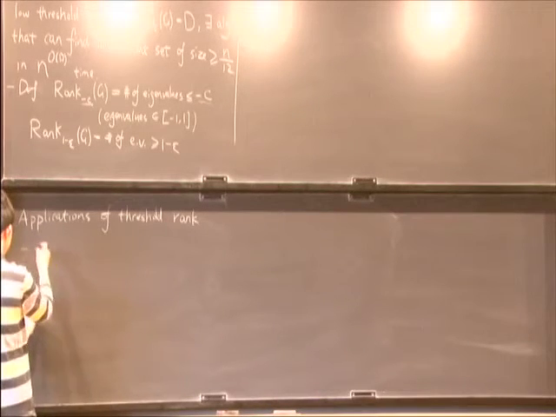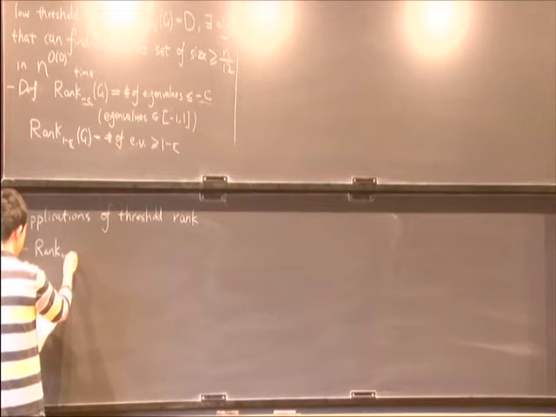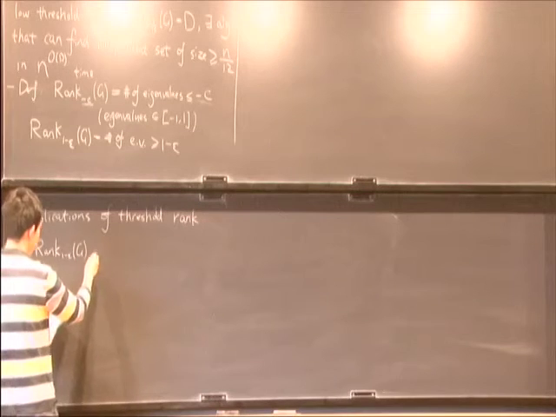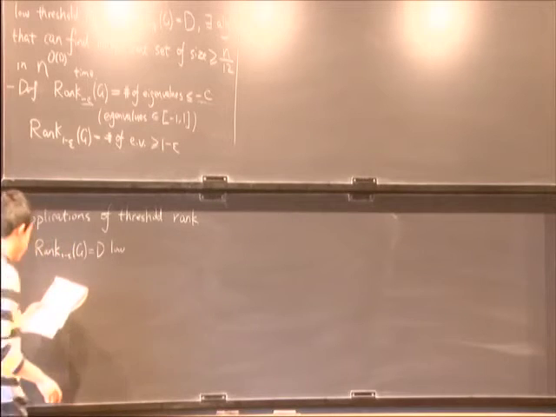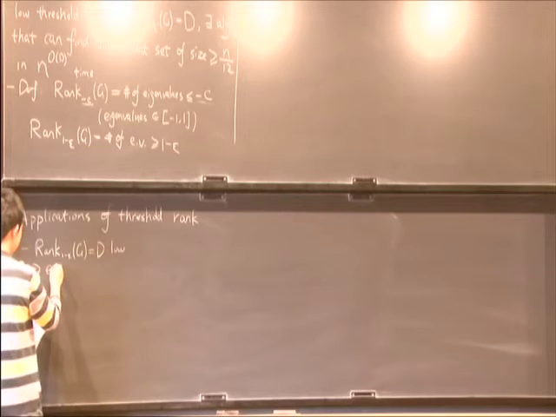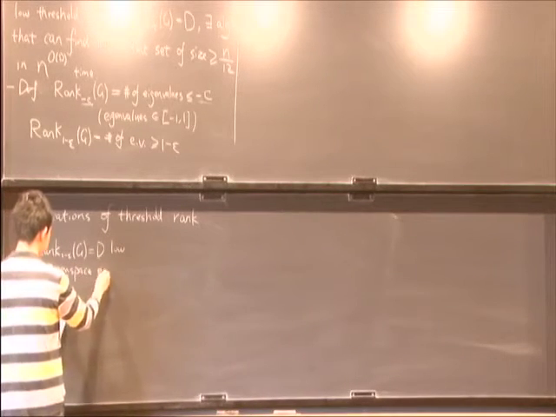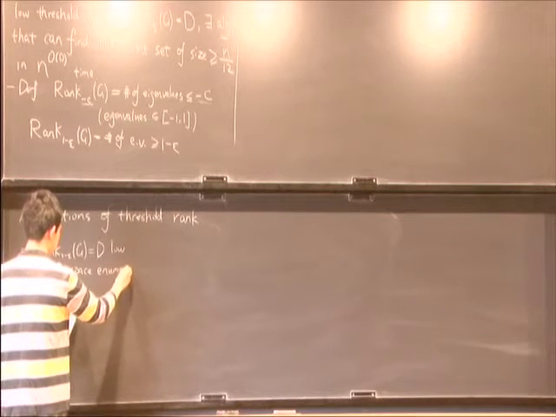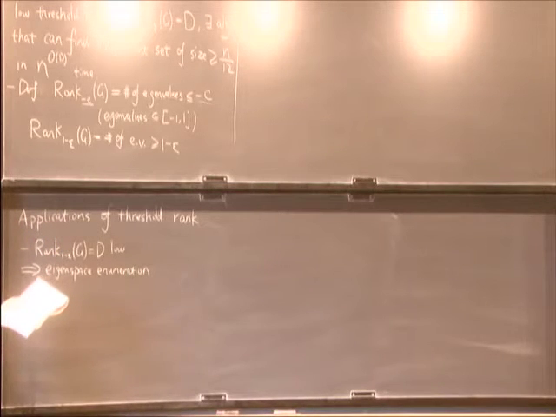One thing is, if threshold rank is low, then you can use eigenspace enumeration. Basically, you enumerate all the vectors in the space spanned by all the large eigenvalues,